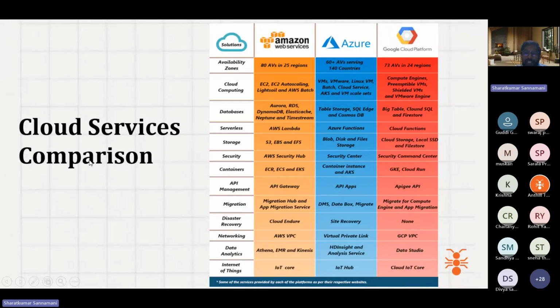We will learn based on your interest, which cloud you want to learn. Initially, we will focus more on AWS and Azure. Later on, we'll focus on GCP, because in most corporates the workloads are distributed in AWS or in Azure. So we will leave it up to you which one you want to choose, and based on your selection, we will segregate the classes for AWS and Azure, and we will start the session.